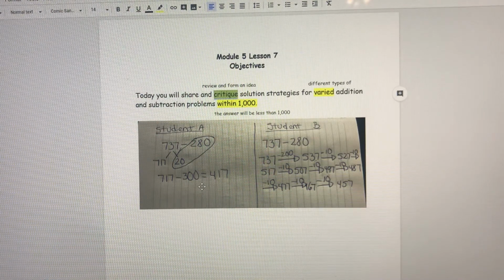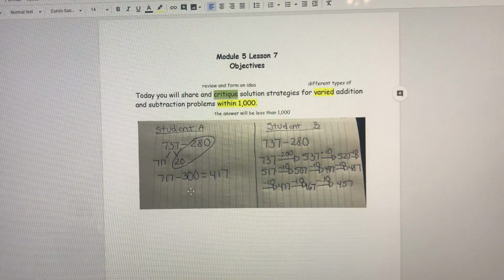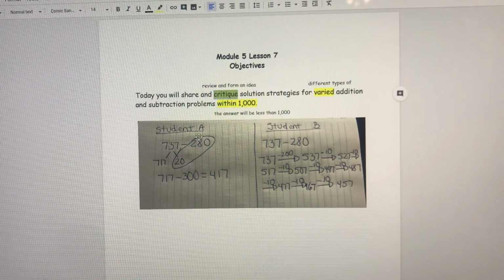So my critique, our review for the solution is that student B solved the problem correctly because their math was accurate, and student A solved the problem incorrectly because they used associative property to subtract, and you cannot use the associative property to subtract. It only works to